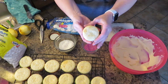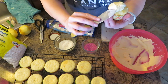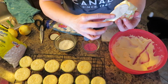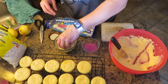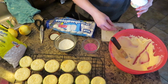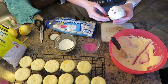So the cupcakes have cooled enough, and I am just going to add some icing. This doesn't have to be perfect because I will be dipping them in. Like that. And now I'm going to add a little bit of chocolate, just the two,